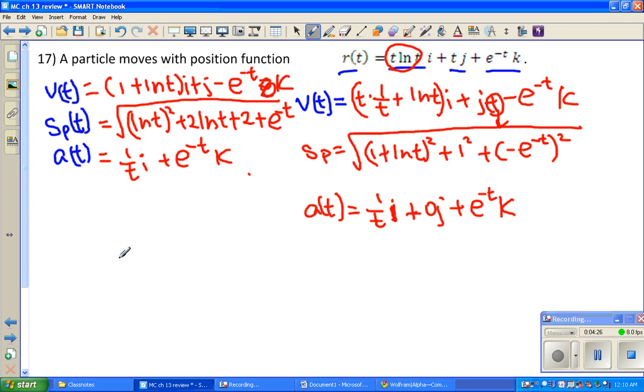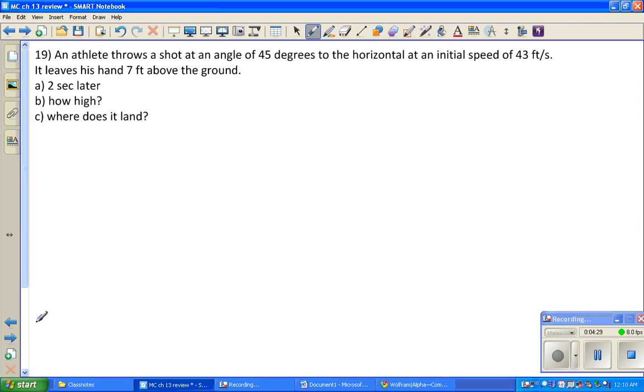Then we will continue. We'll be going to number 19 here. Now, here we realize when an athlete throws a shot at an angle of 45 degrees, that means we are looking at something shooting out this way compared to the horizontal. That angle is 45 degrees. So we're going to look into this one a bit further later. Now notice that the speed is 43 feet per second, so in this case we're talking about 43